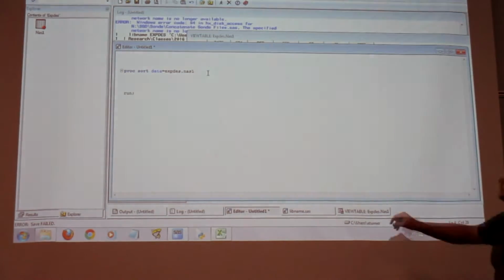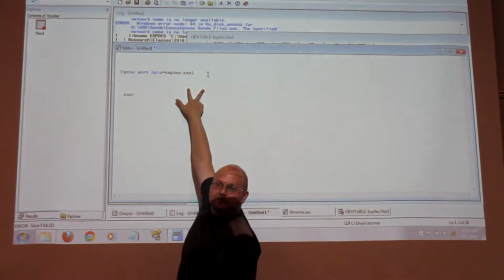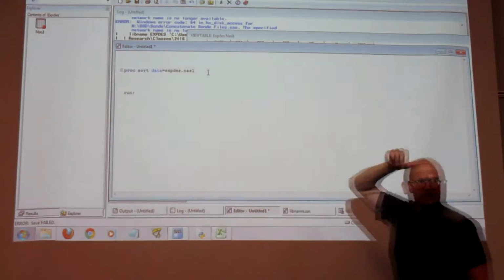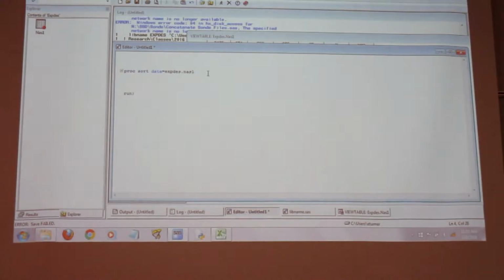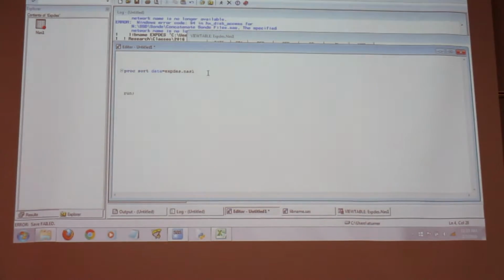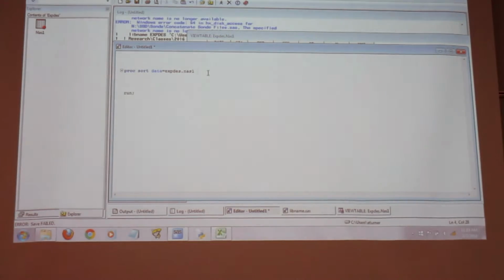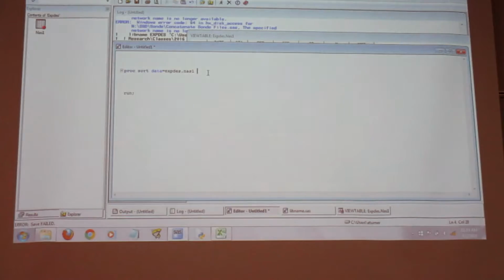So again, the first part before the period is the folder, and the part after that is the file, okay? So it specifies the input data set in folder.file.